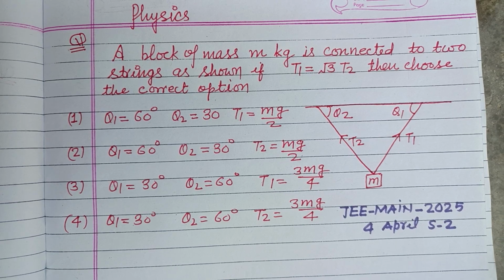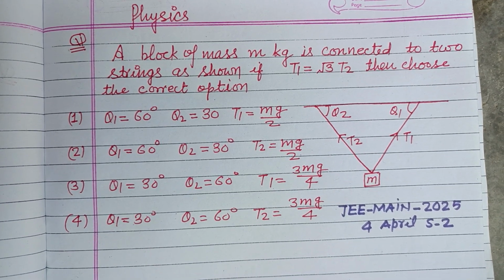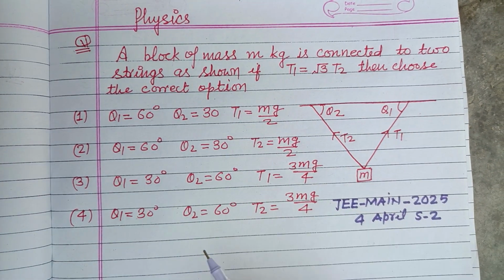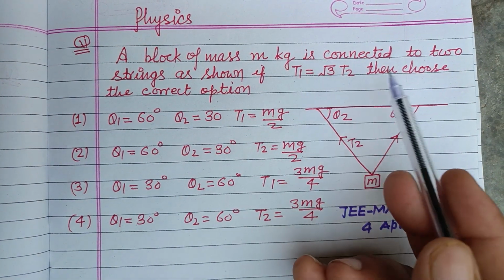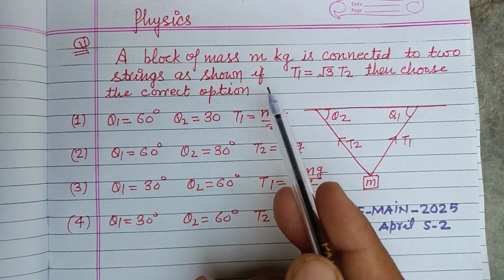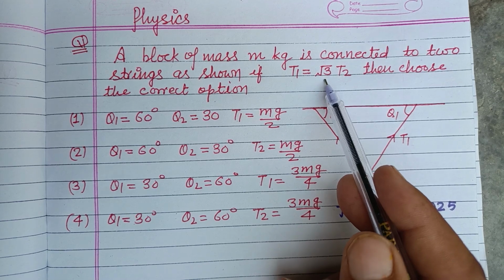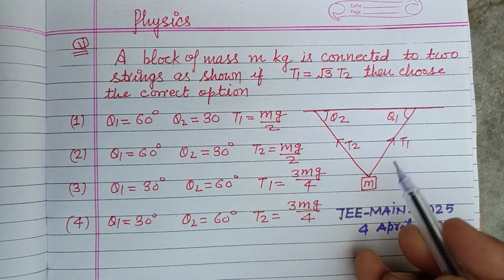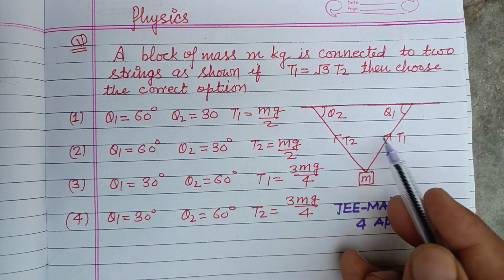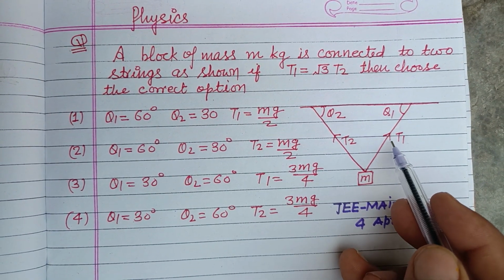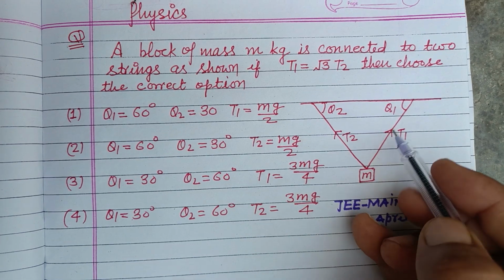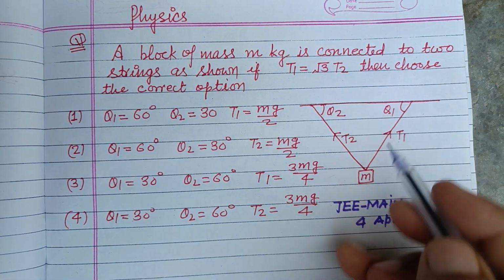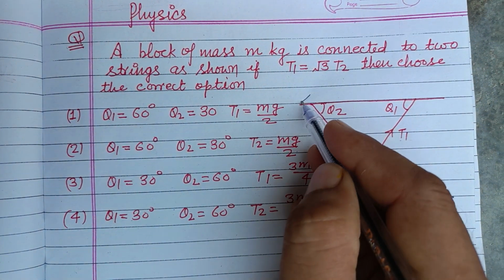Question from JEE Main 2025, 4th April shift 2nd. A block of mass m kilogram is connected to two strings as shown. If T1 equal to under root 3 times T2, then choose the correct option. So students, here are two strings having tensions T1 and T2. They make angles theta 1 and theta 2 with the point of